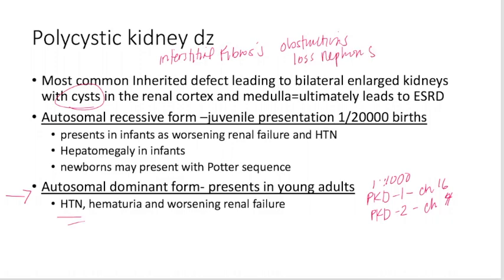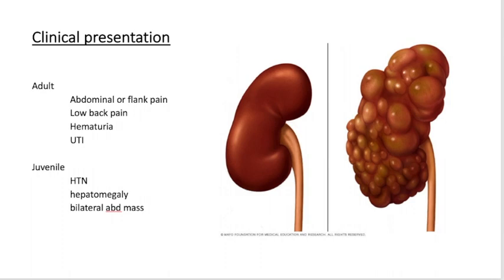We also have an autosomal recessive form. This is a PKHD1 gene mutation, and this results in the absence of fibrocystin, which is required for tubulogenesis. And there is what the polycystic kidney would look like, and you can see for adults, abdominal flank pain, low back pain, hematuria, urinary tract infections, juvenile hypertension, hepatomegaly, bilateral